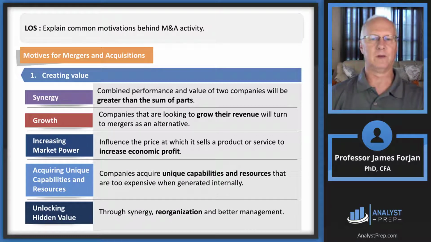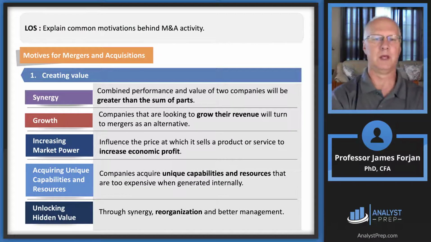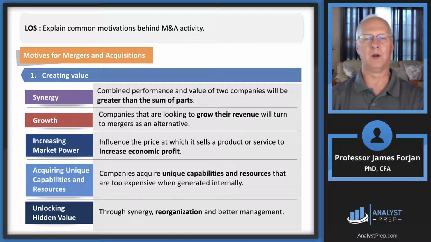All right, here's where we start to get interesting, back to our conversations on Modigliani and Miller. What are some good motivations? And notice the first one listed, and this should be the primary one, is this concept of synergy, meaning that we have two companies that have a certain value and a certain ability to generate cash flows. And if these two companies each have a value of 1, and you say 1 plus 1, I guess in math that you learn in kindergarten, you would say that equals 2. But of course, synergy means that this is going to be some number greater than 2, maybe 3, maybe 5,